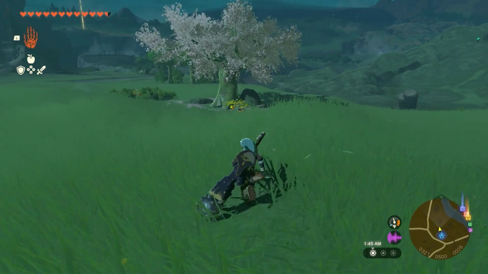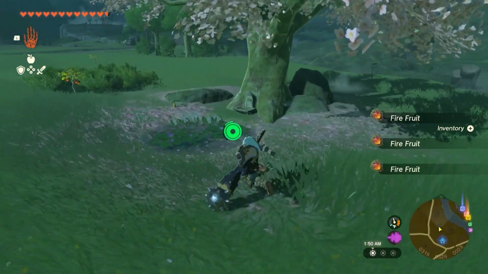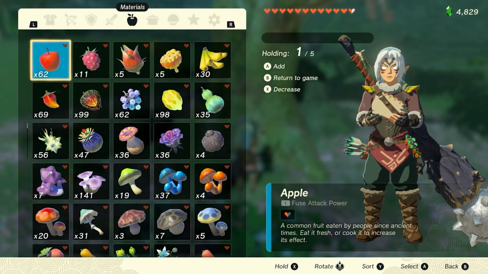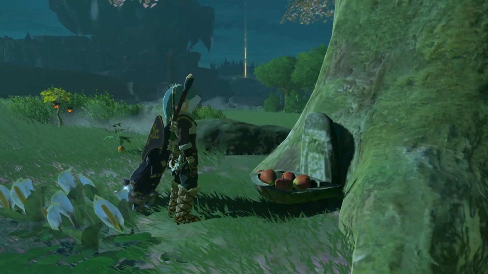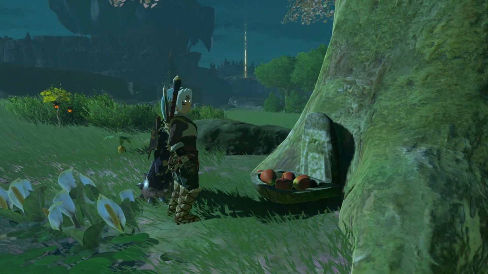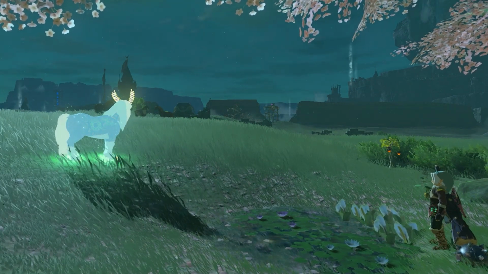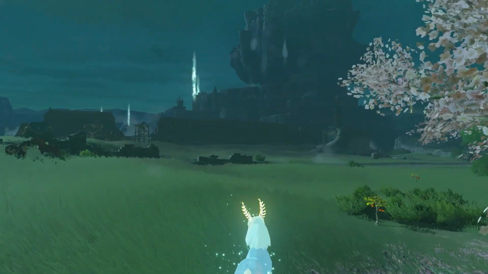Okay, these are all over the map, and something special about these is that if you give them some fruit, which we are gonna do, so we're gonna give them 5 apples. Okay, let's throw it in there, and something special will happen. I may skip this part, but I'll just show you anyway. So this neat thing happens. You kind of see the horse god. He comes out, or she comes out, and will mark on your map